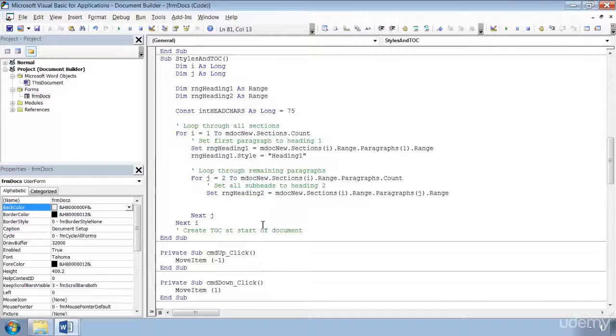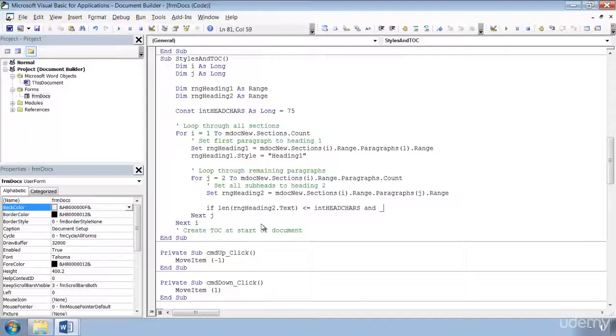So now we can just do a quick test. First of all, we'll test the number of characters. So we'll use the Len function, just as you would when you work in Excel worksheets. So If the length of rngHeading2.Text is less than or equal to intHeadChars,